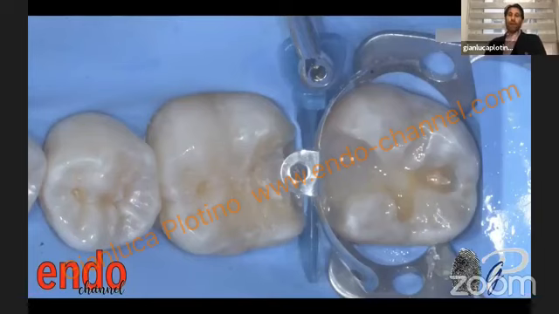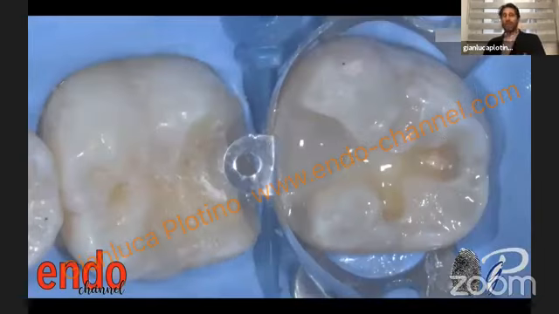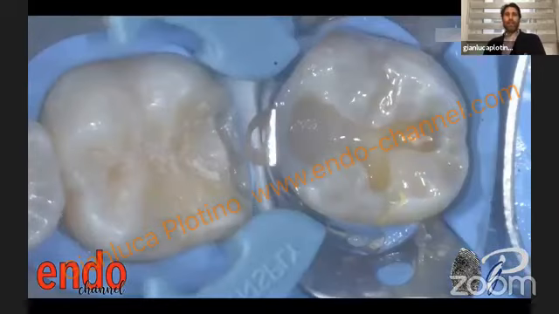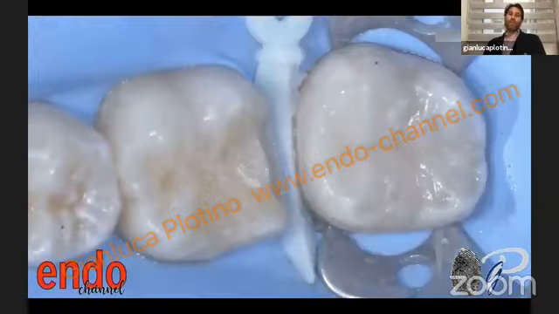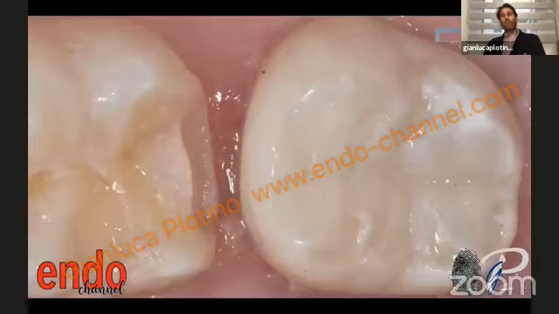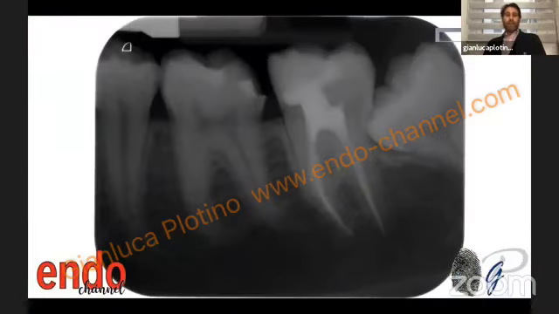So I like to use bulk fill, very flowable composite to go in the undercuts in these cases. And these are all the steps of the restoration of this tooth. This is the final radiograph of this case.